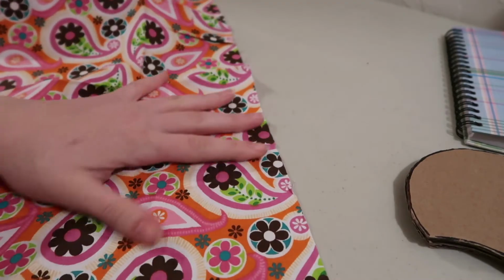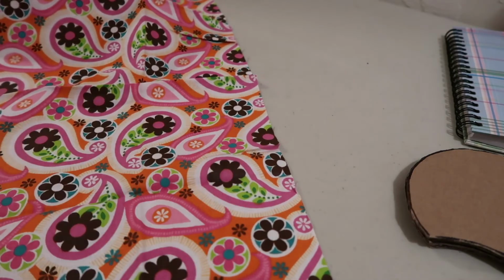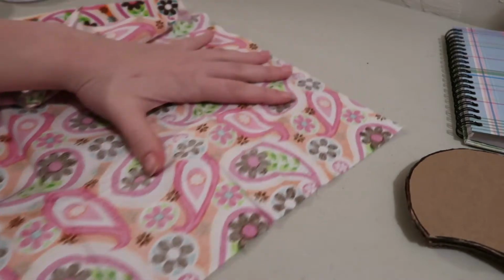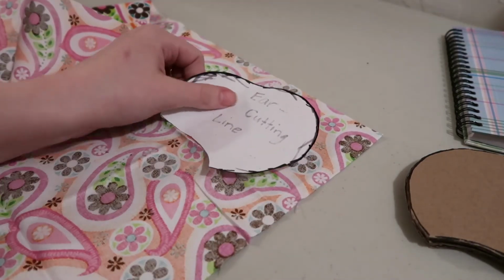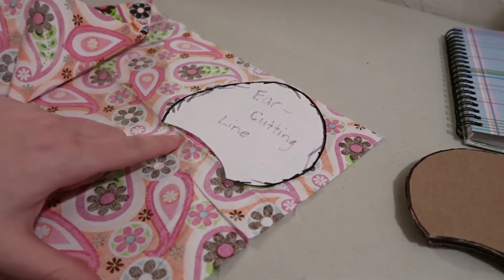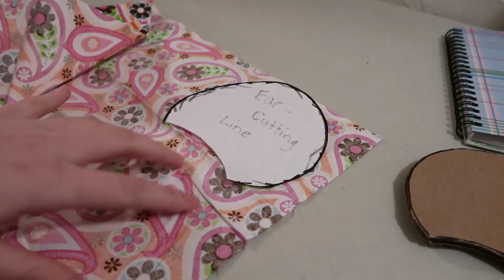So I'm just opening up my fabric that I'm going to use. This is what I'm going to use for my ear design. So I'm going to take this. It is the ear cutting line template, and I like to draw them on the back of the fabric, just because some of them are dark and it's hard to see. So I'm just going to line it up where I want it to be, and I'm going to trace it. However, I'm not going to trace this bottom curve because I'm going to leave a little extra fabric